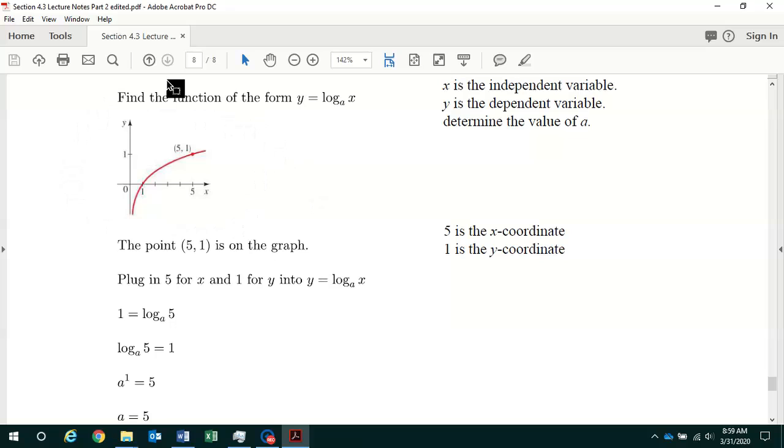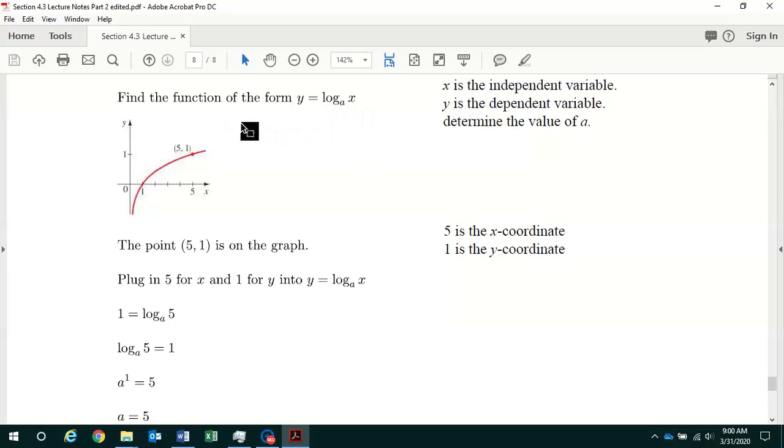We're given the graph of a logarithmic function. This is typically what the graph of a logarithmic function looks like. It crosses the x-axis at x equals 1, and the y-axis is a vertical asymptote. The graph of the function gets close to the y-axis but doesn't cross it or touch it. And this is the typical shape for a logarithmic function when the base of the function a is greater than 1. So here we have to find a function of the form y is equal to log base a of